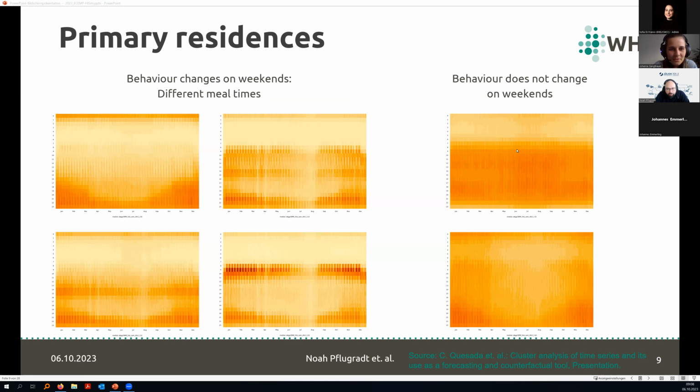Now, to first introduce some typical behavior, or typical types of households that we found. The one big difference is if the people do anything different on weekends, or if they don't change their behavior on weekends. If they change their behavior on weekends, that points towards the fact that they go out during the week mostly for work, while some people are either in home office and stay home all day, or they are unemployed, or have some other reason to not change at all